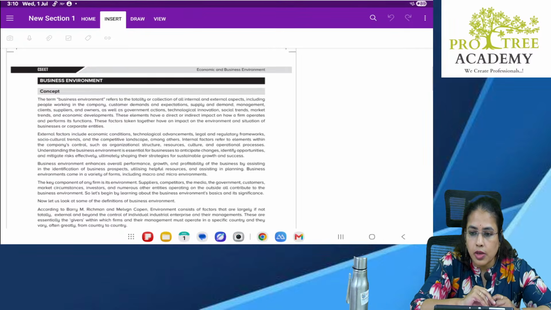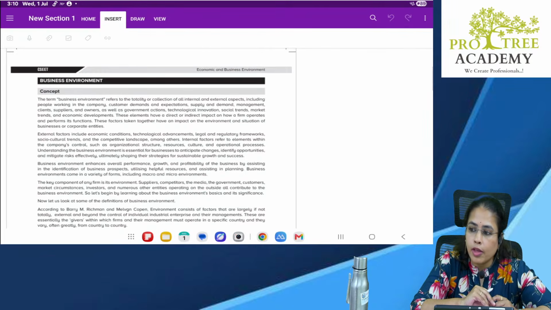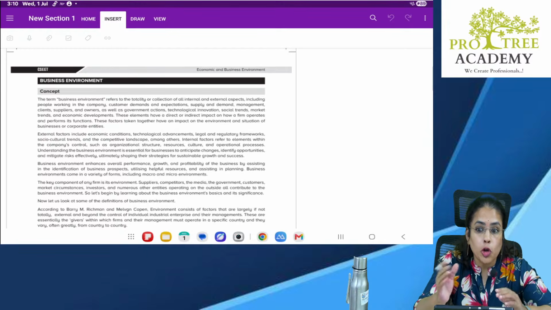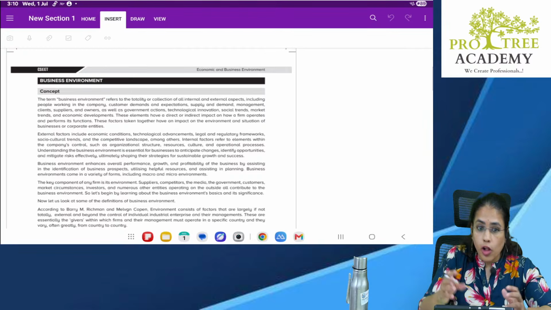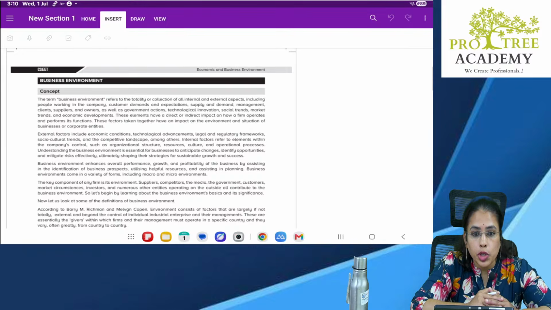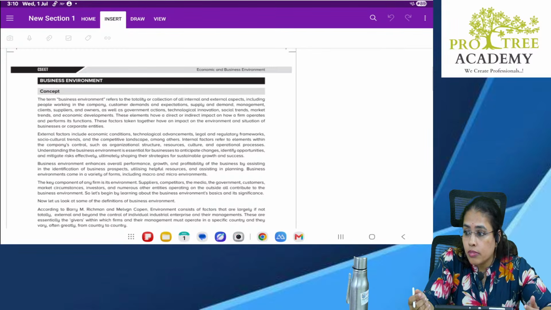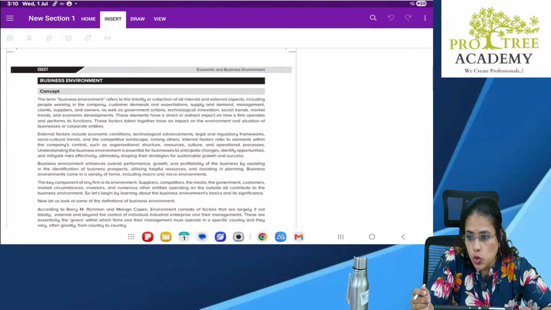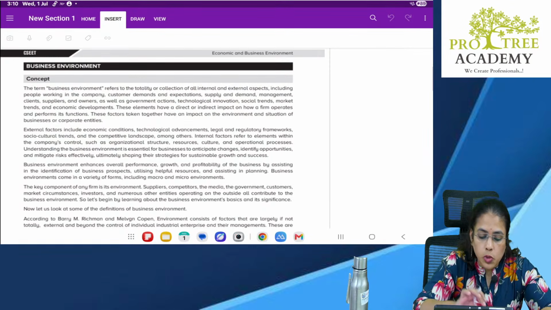CSR activities, okay, to some extent, yeah. Then competitors, very good. Competitors. What your competitors are doing, at what rate the same product is being given by your competitors. All these things will be definitely there. Then new innovations, anything new comes, then your product will become what? Out of the market. So that also is a problem. Okay. So all these things are taken into consideration. So we'll see the concept.